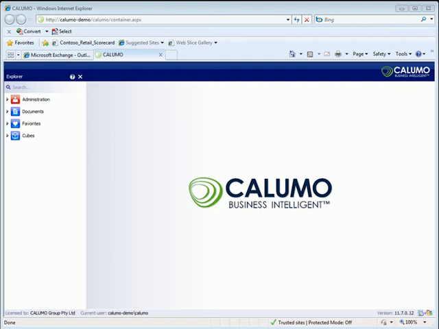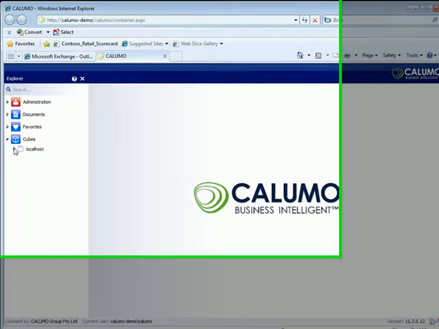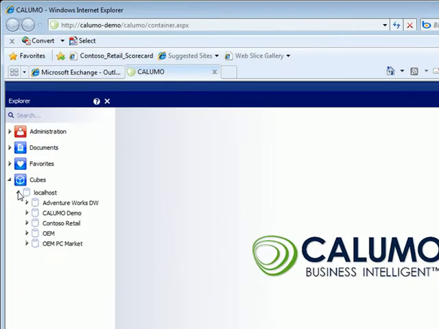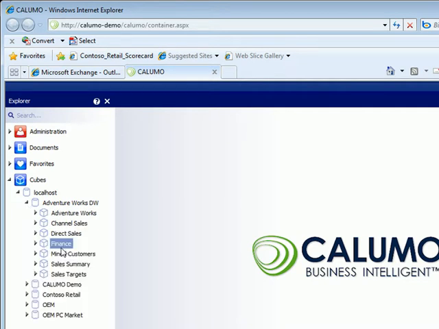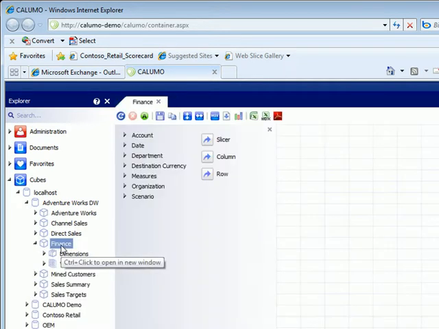From the web-based interface of Calumo, a user has access to different cubes and analysis services depending on permissions granted. In this instance, the user has access to localhost and the databases on localhost. I will open the AdventureWorks Data Warehouse database, and I will access the Finance cube and prepare a quick profit